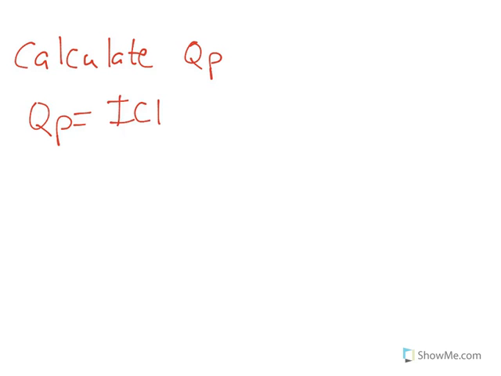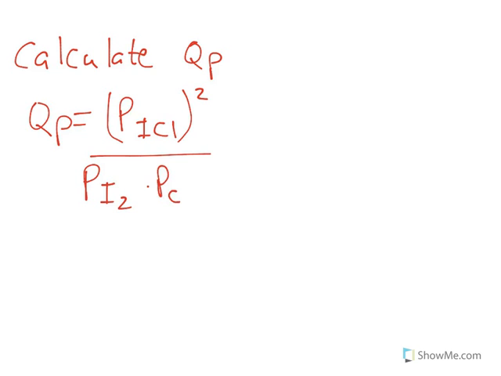So, it's the partial pressure of ICl squared over the partial pressure of iodine times the partial pressure of chlorine. So we plug those in, 0.355 squared over